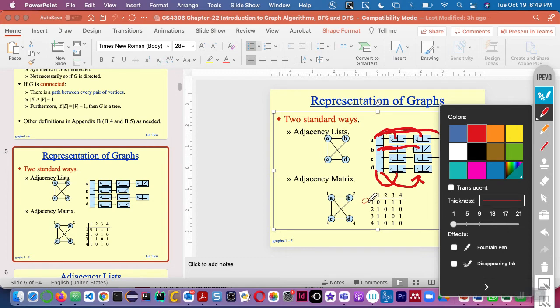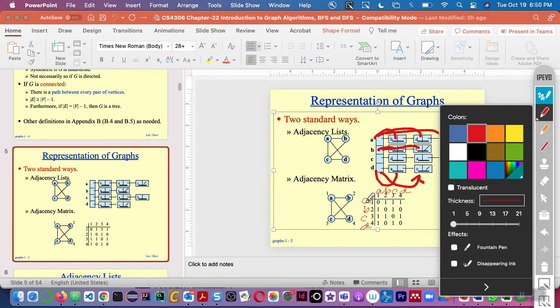Okay. This is for A, this is for B, this is for C, and this is for D, and this is for A, B, C, and D. So if there is a path or connection between A to B, then we will put 1. 1 means there is a path, and 0 means there is no path. If there is no path between A to B, then